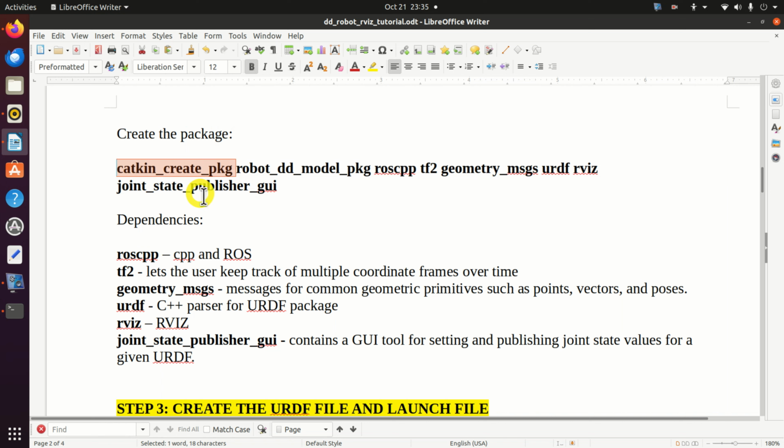To create the package, we're using catkin create pkg. Then we specify the name of the package, and you can change this name as you wish. In my case, it's robot_dd_model package. And over here, I need to specify the dependencies. The first dependency is the package for C++ in ROS. The second dependency, tf2, lets the user keep track of multiple coordinate frames over time. The third package is geometry_msgs, and this is a package for messages for common geometric primitives such as